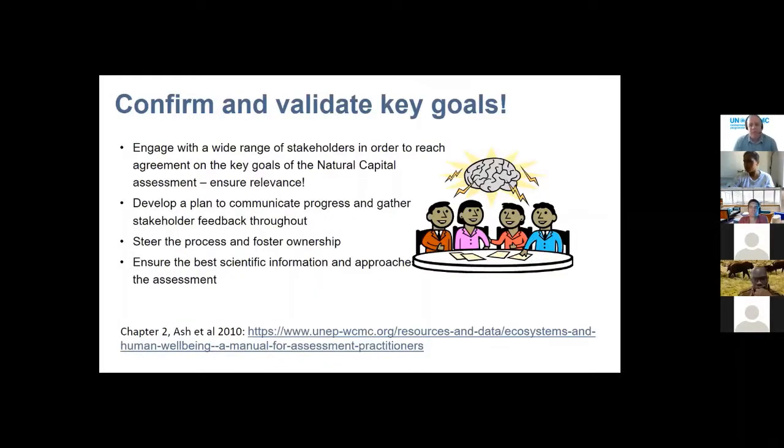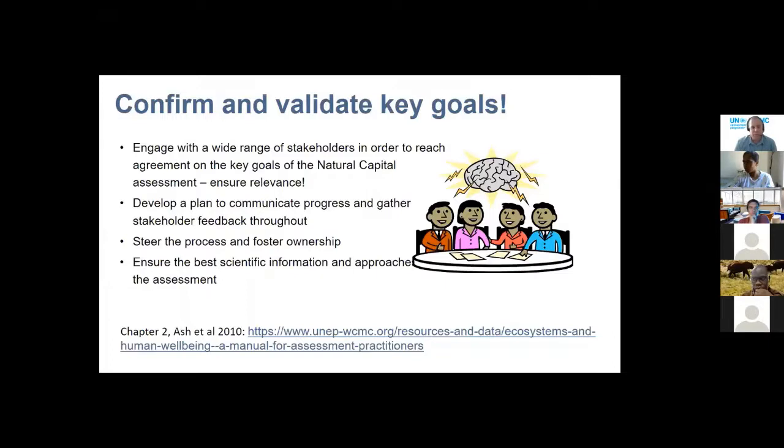So to do that, we really need to confirm and validate the key goals for the assessment. So we need to engage with a wide range of stakeholders to reach agreement on these goals. So here we're really ensuring that the assessment is going to be relevant and useful. It will help to develop a plan to communicate progress and gather feedback from these stakeholders throughout the assessment process